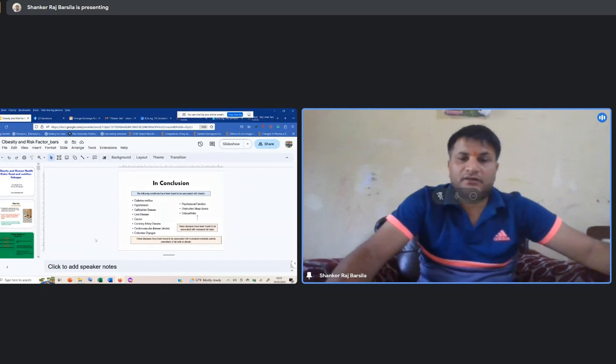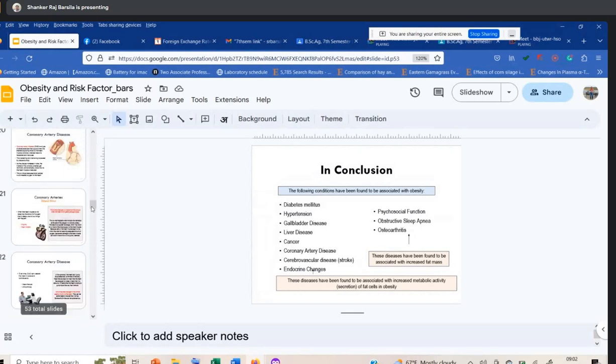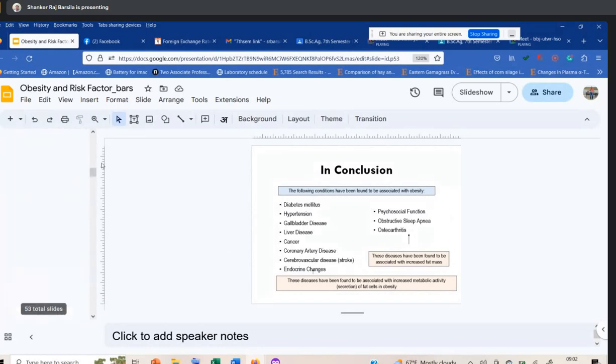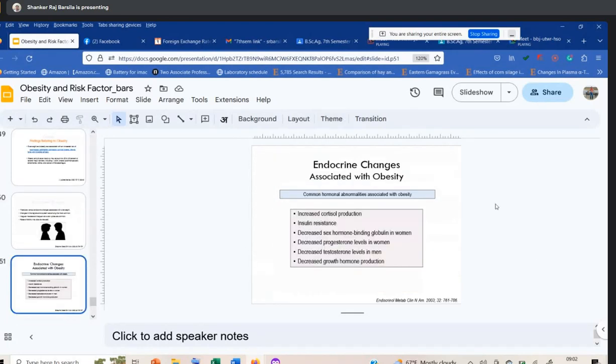Our gastrointestinal disease, urolithiasis, and one more remains. Tomorrow we will only do preparation for the final exam. Then we distribute the handouts, the new presentations which I have prepared, and share all the resources. Then we will close it tomorrow. As I think, tomorrow we will meet at the same time. Okay, sir.